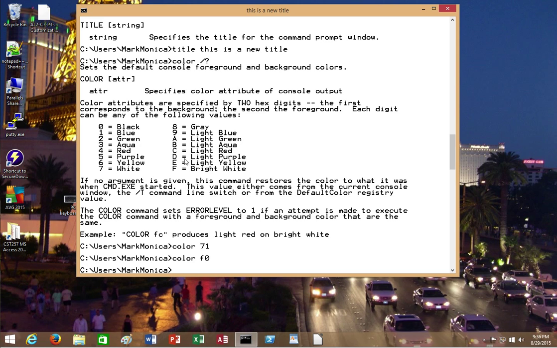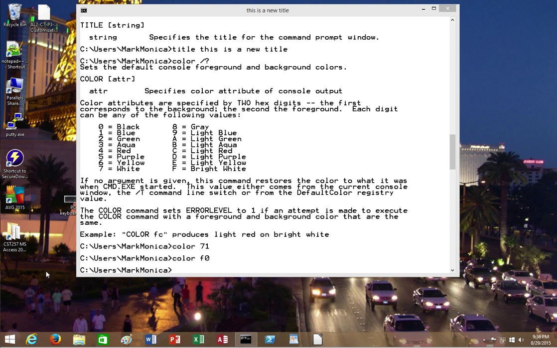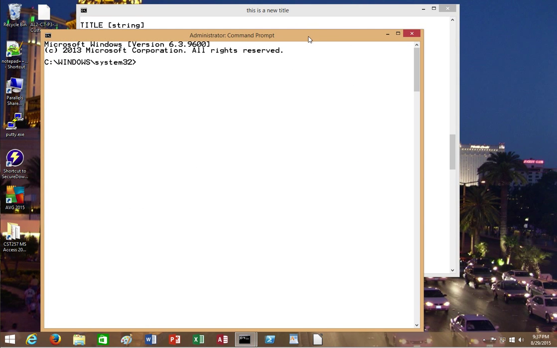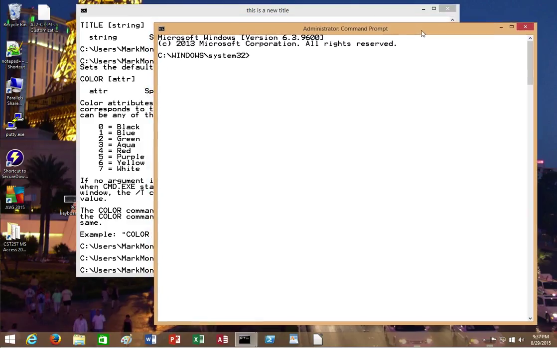So let me bring up an administrator window so that I can change the time, because you can't change it in user mode. Now, by 24-hour clock, I mean 1 a.m. is 1:00, but 1 p.m. is